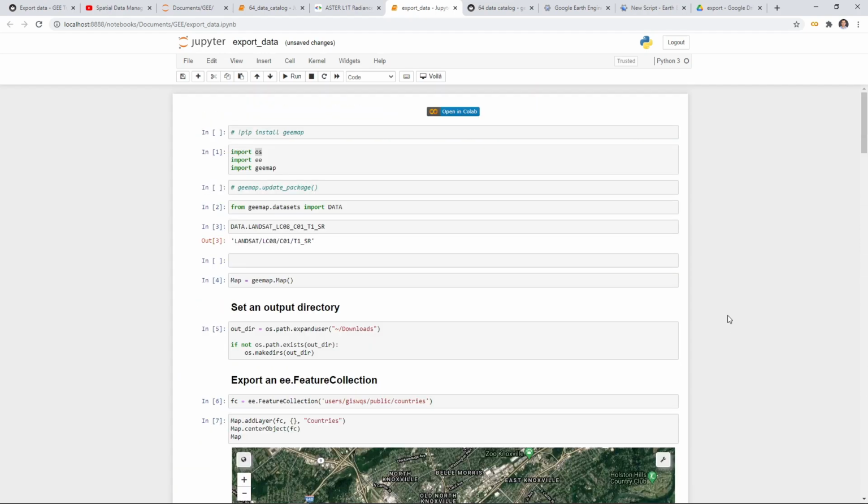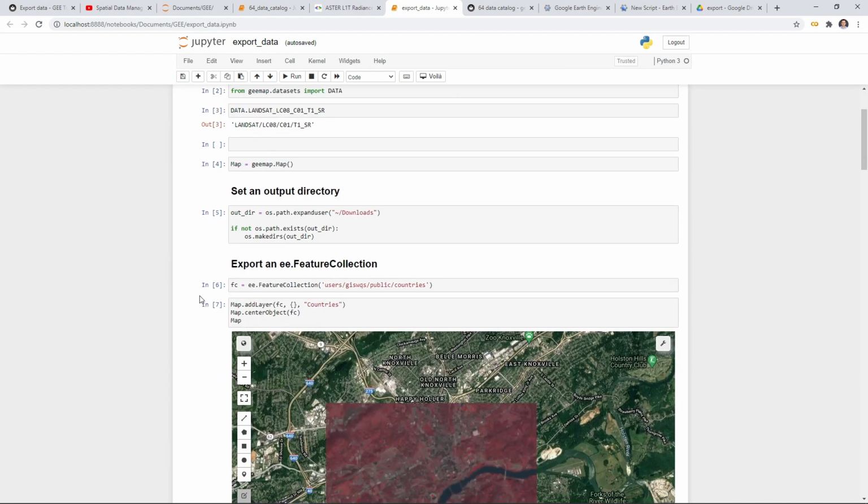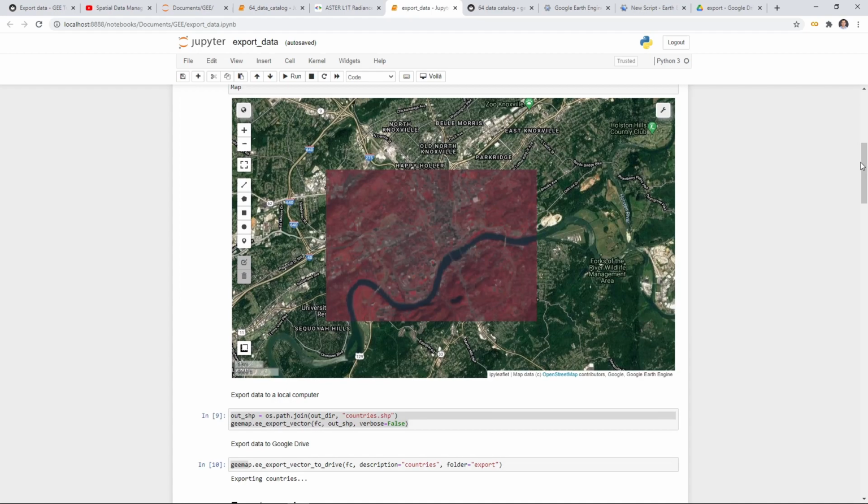Okay, so that's all for this tutorial, and hopefully you will find it useful. If you use Google Earth Engine for all kinds of geospatial analysis, eventually you will need to download the data to your computer. The Google Earth Engine data format is slightly different from the traditional data format, so you need to use a special way to download the data, whether it's vector data or an image collection. The geemap package provides all the functions that you need to download to your local computer or to Google Drive, and also as a NumPy array. You can practice this to download any dataset you want, for any